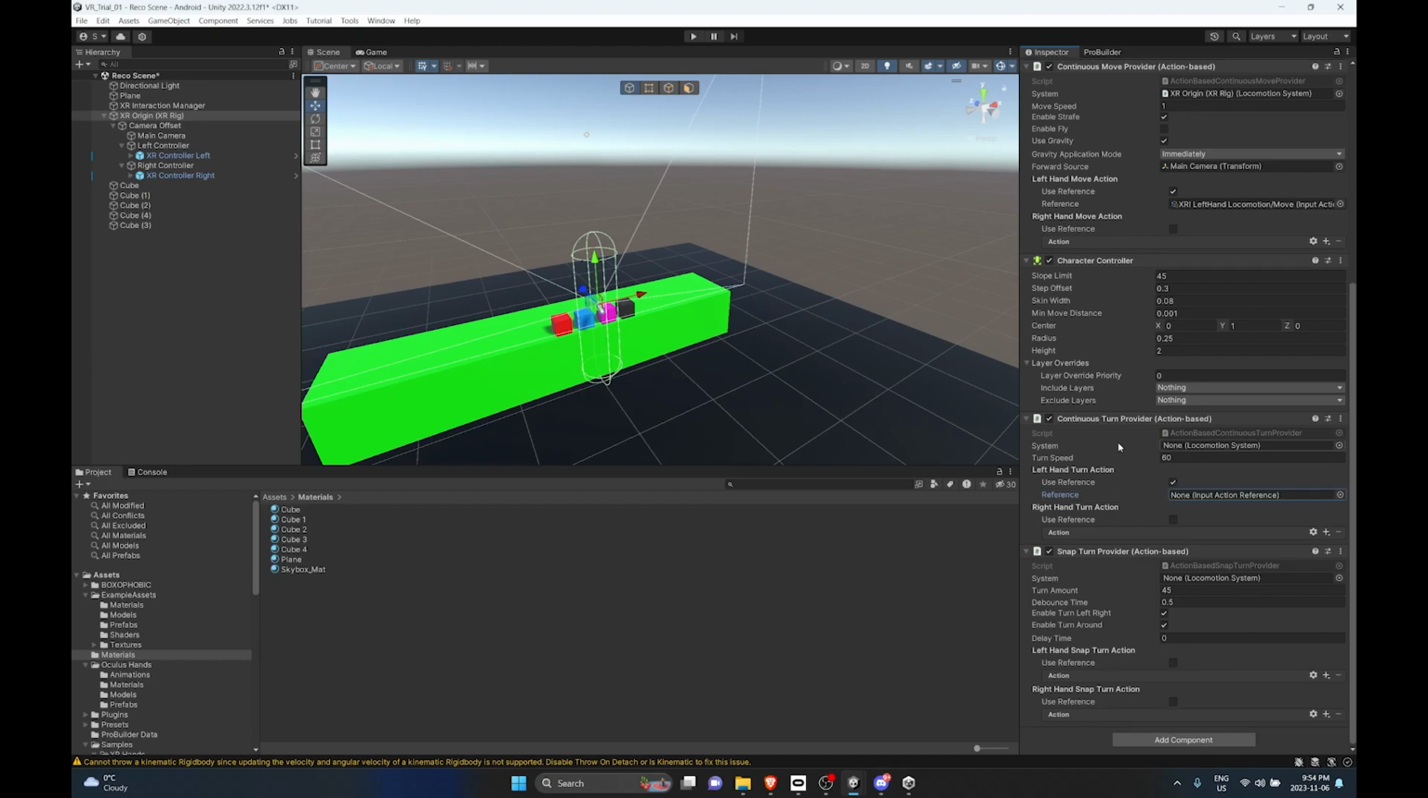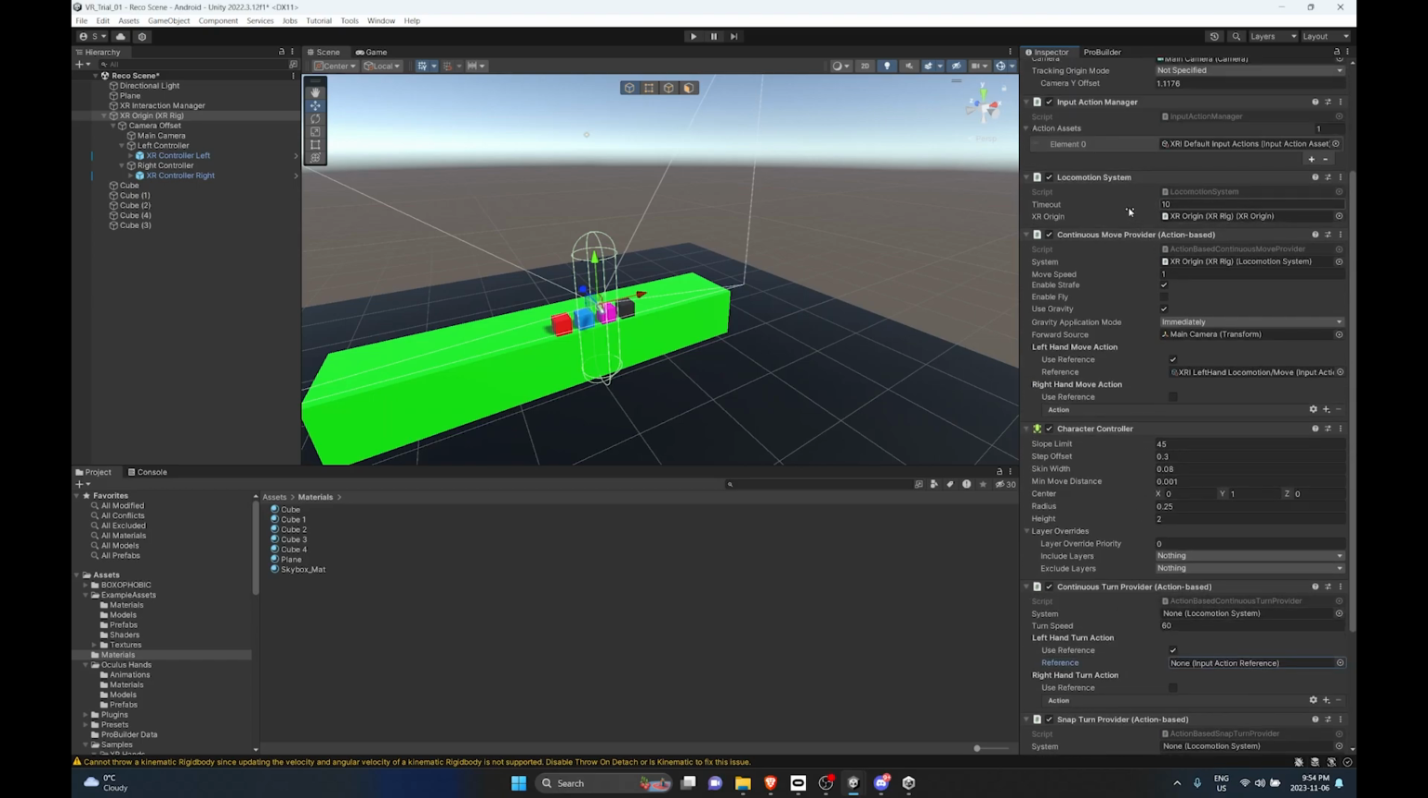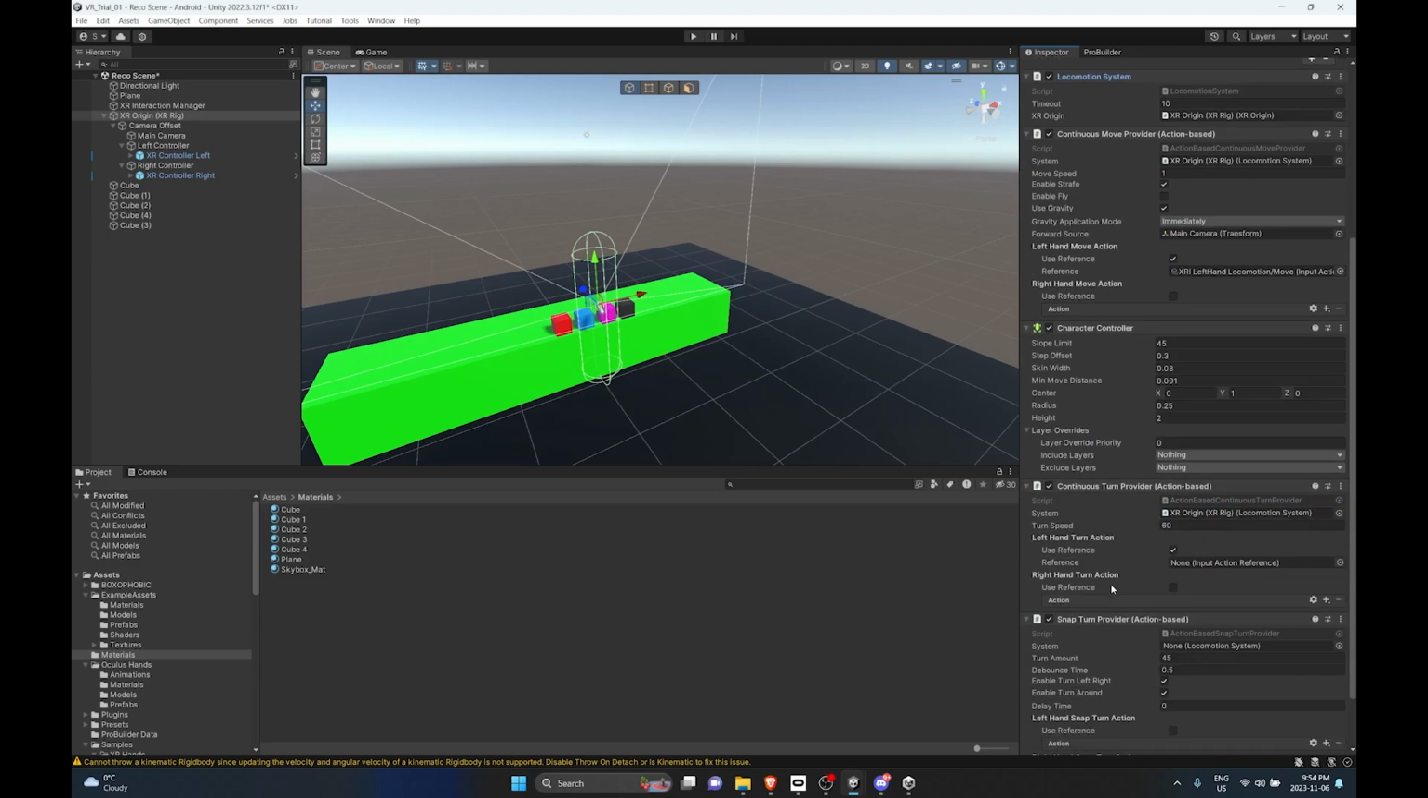The next thing we want to do for the continuous turn provider is to drag in the locomotion system again into the system variables for both. So let's add this in here, and then also for snap turn we will take the locomotion system and drag and drop it into the system. So the next thing we will do is